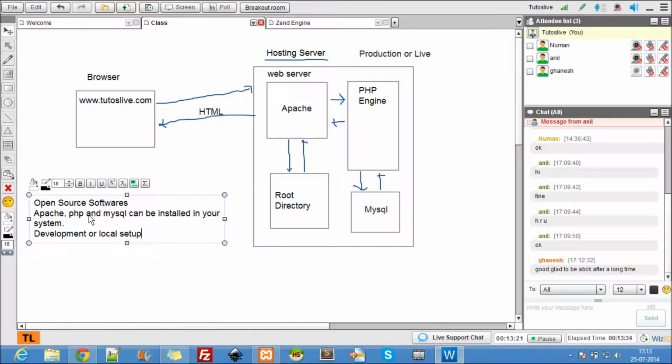So today's class will be solely concentrated on how we install these softwares in our local system. Plain and simple. There is some problem with my system because I already have these softwares. To install them again, I have to uninstall and then reinstall.